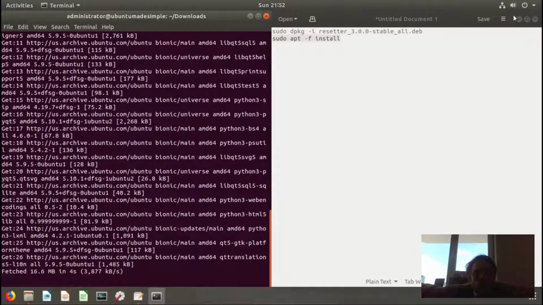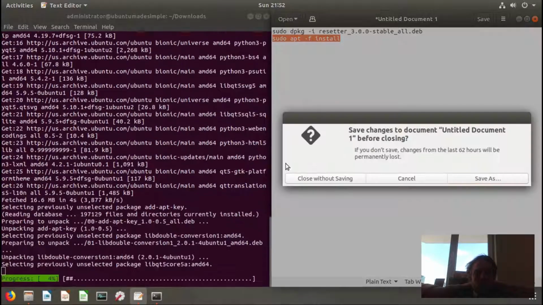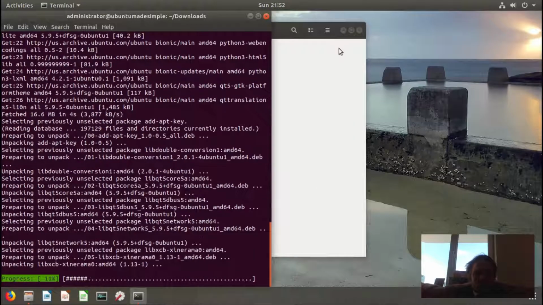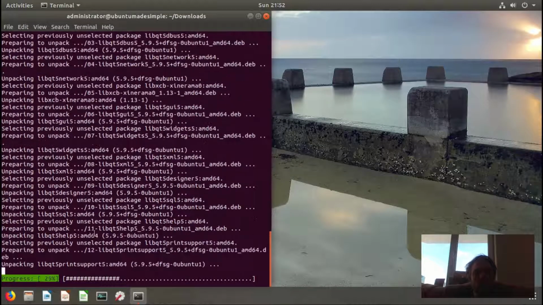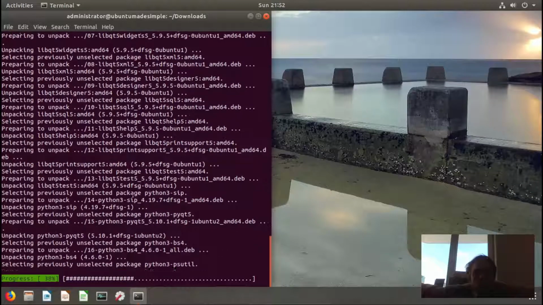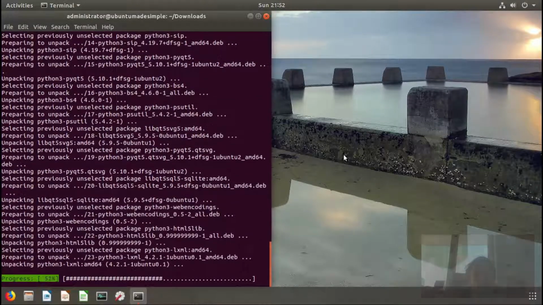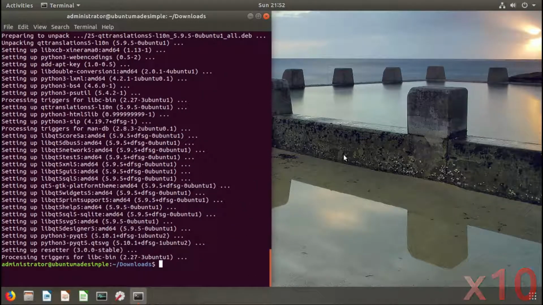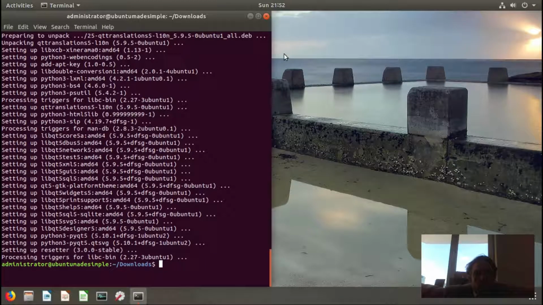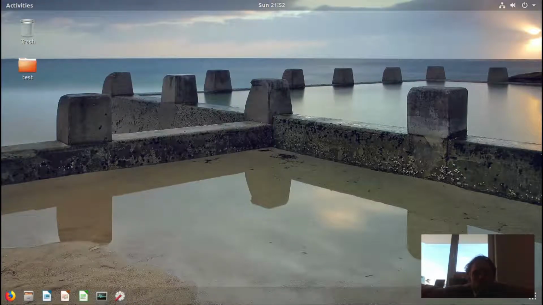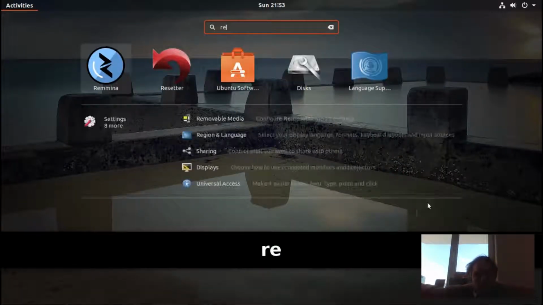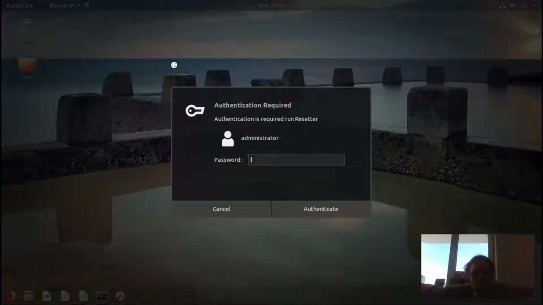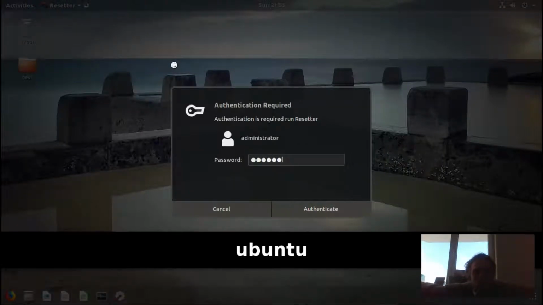And now we're just gonna close up all these files. And then I'm gonna fast forward the video, and we'll see after this process is done. See you soon. Fantastic. So as you can see, we are done, and now we're gonna go to our menu and type in Resetter. As you can see, we got it here. Type in your password,